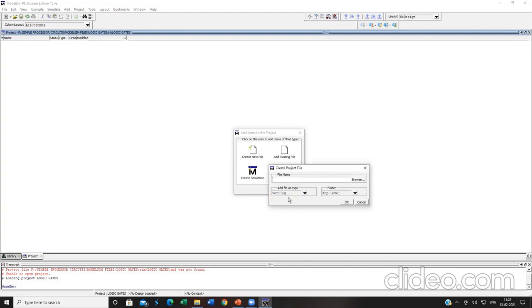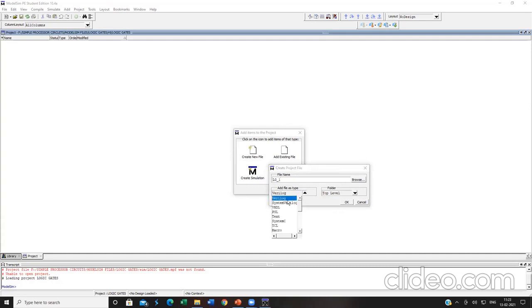Click on Verilog. The name of the file that I'm going to give is LG_1. LG refers to logic gate and 1 is just any number. Instead of just providing LG, I'm providing LG_1 here. Kindly click on OK.